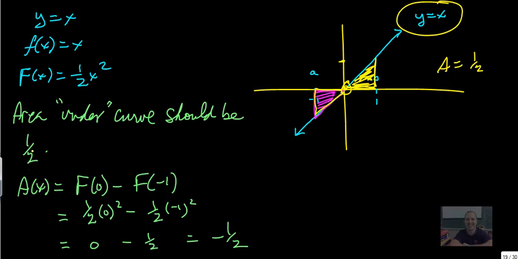The area function is the antiderivative evaluated at 0 minus the antiderivative evaluated at negative 1. And so you get 0 minus 1/2. You get negative 1/2. Okay? So if you're looking for an area that is between, and when we say under, we've always said under